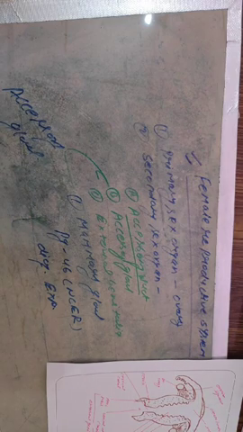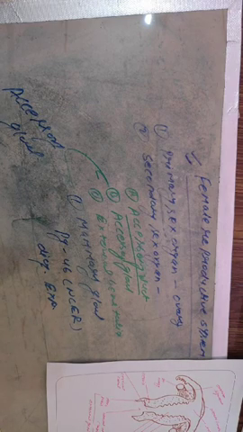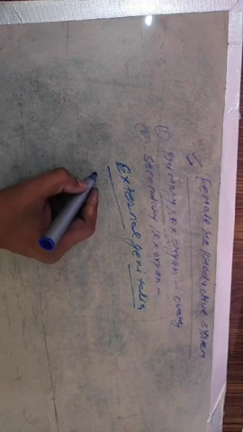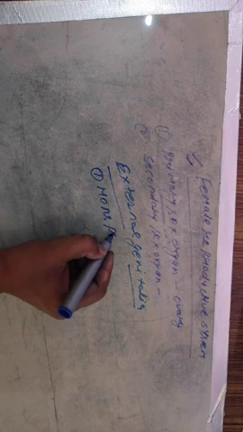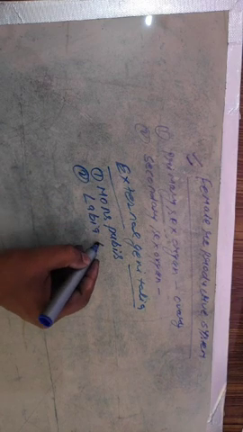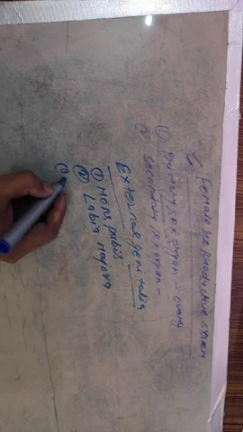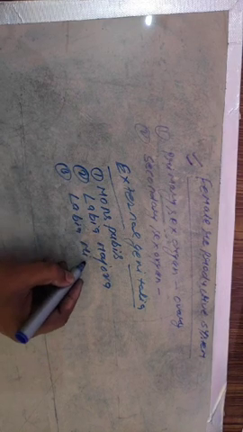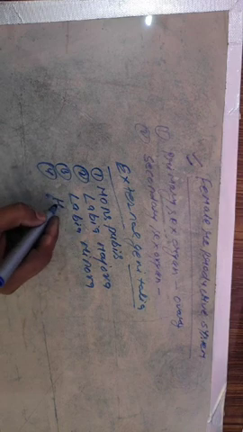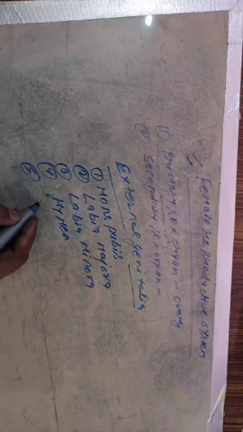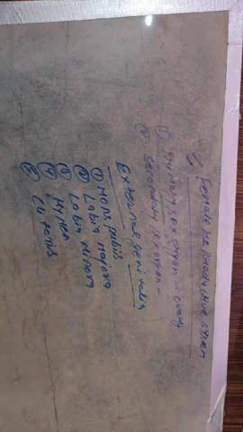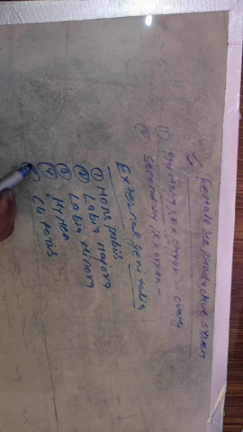Accessory gland. So back to the external genitalia. The basic external genitalia are: first, mons pubis; second, labia majora; third, labia minora; fourth, the hymen; and fifth, the clitoris. Keep in mind, mons pubis, labia majora, labia minora, hymen and clitoris are basically the external genitalia, and it is available